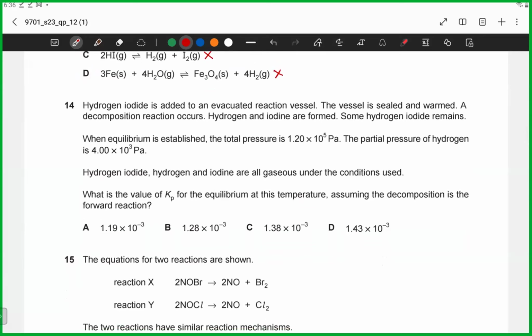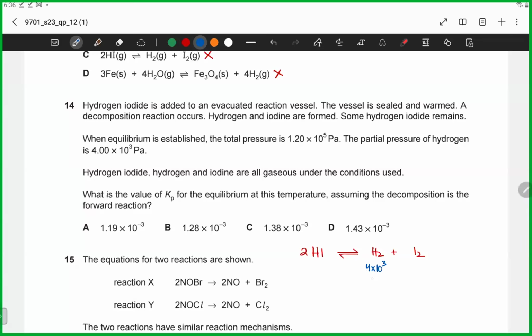The decomposition reaction को कर लेते हैं। HI को उसने पकड़ा है और उसको रखा है। चलो ये हो गया 2HI। अच्छा, when equilibrium is established, the total pressure is 1.2 times 10 power 5 and the partial pressure of हाइड्रोजन का partial pressure दिया है वो 4 times 10 power 3 है। तो हाइड्रोजन, आयोडाइड, हाइड्रोजन और आयोडीन are all gases under these conditions। तो Kp की value निकालनी है।